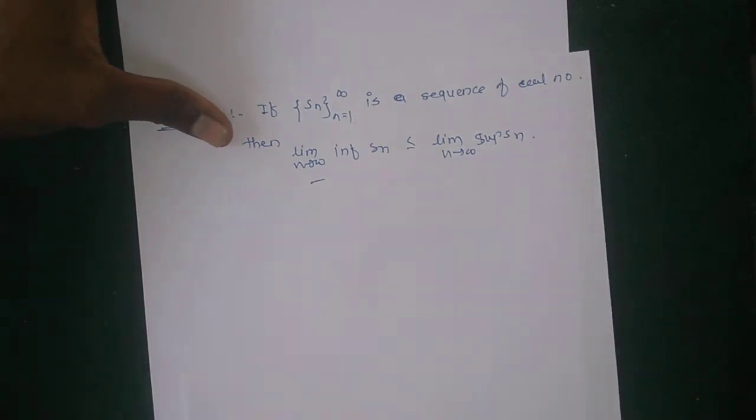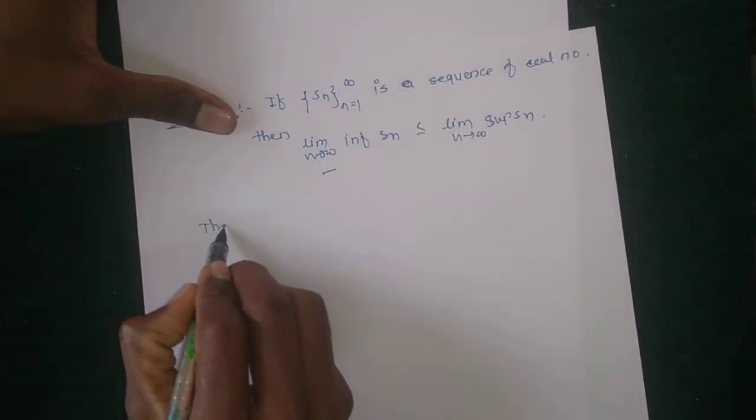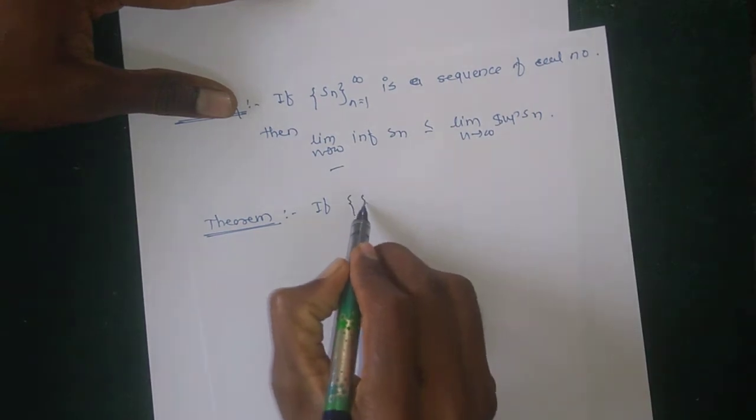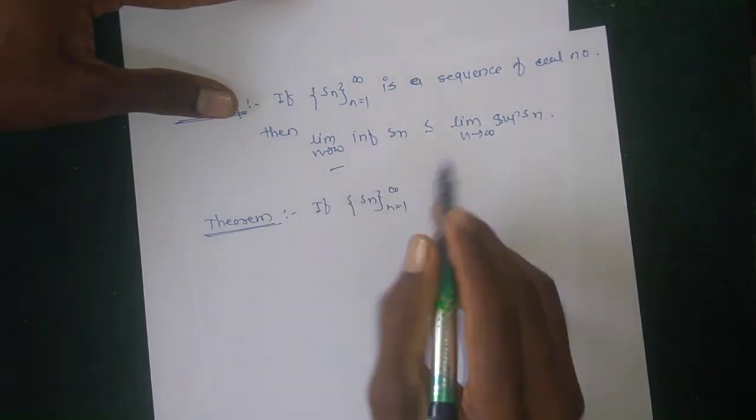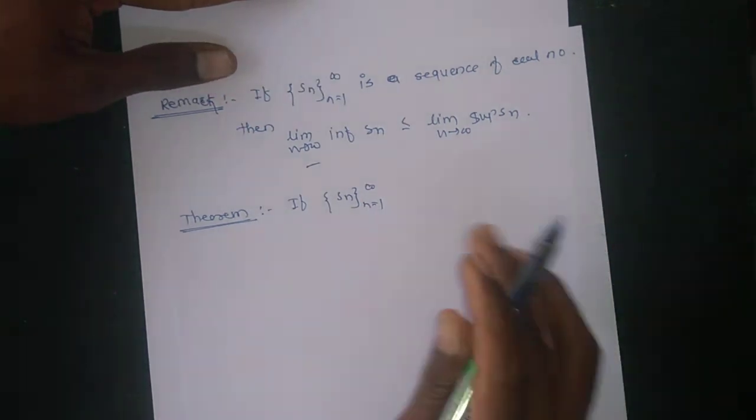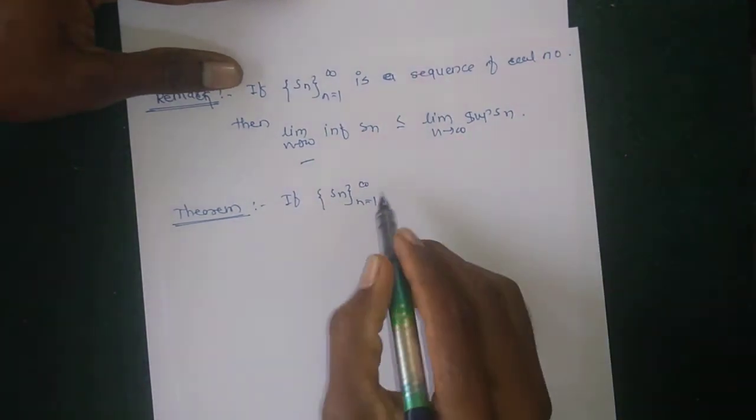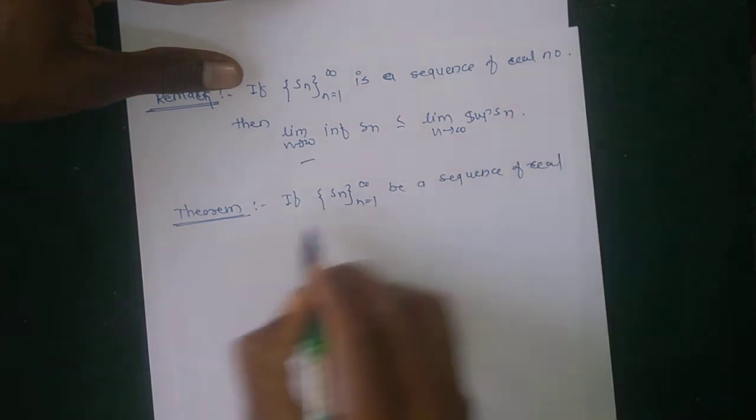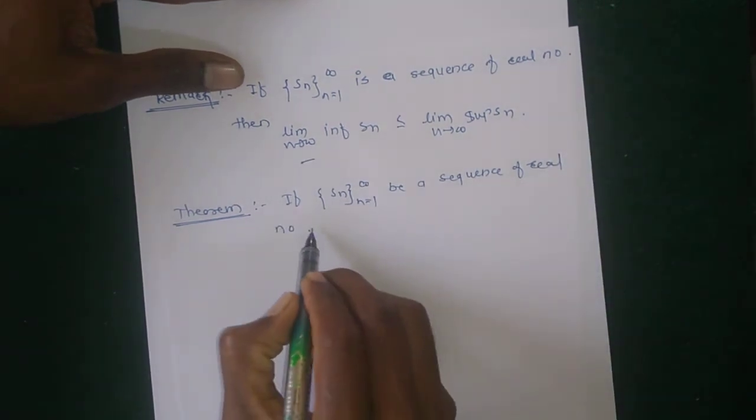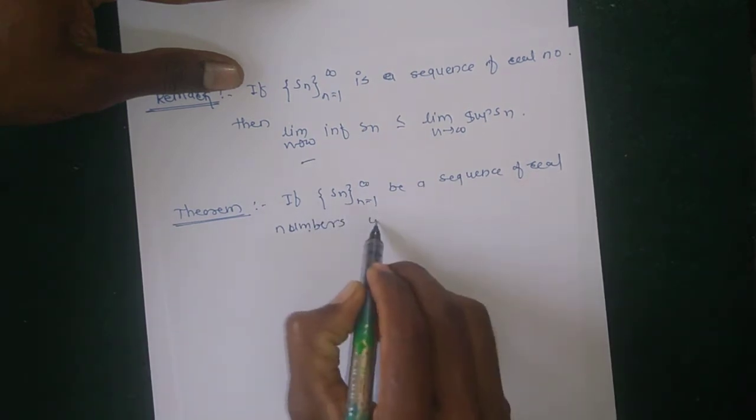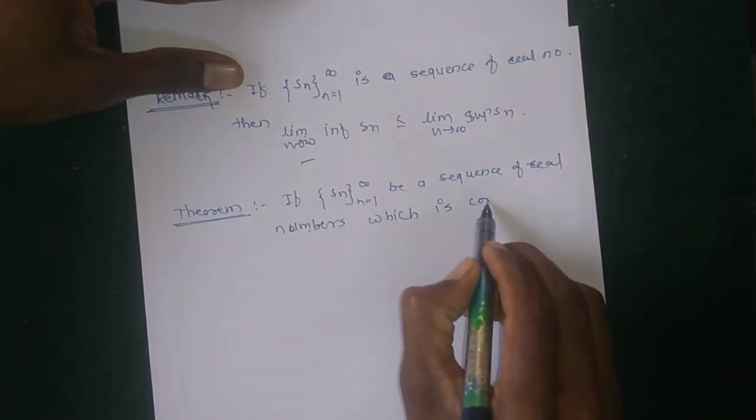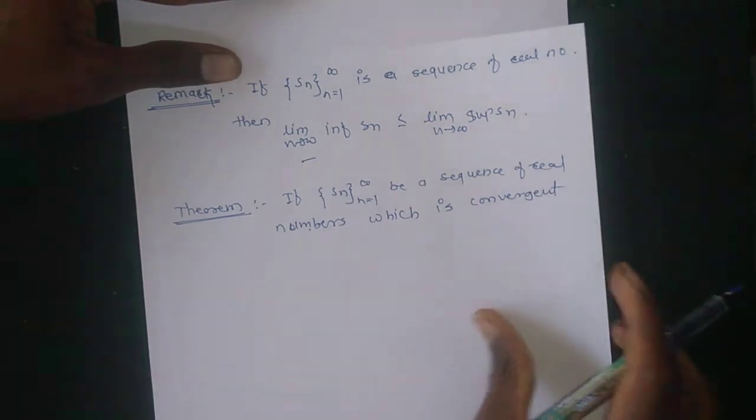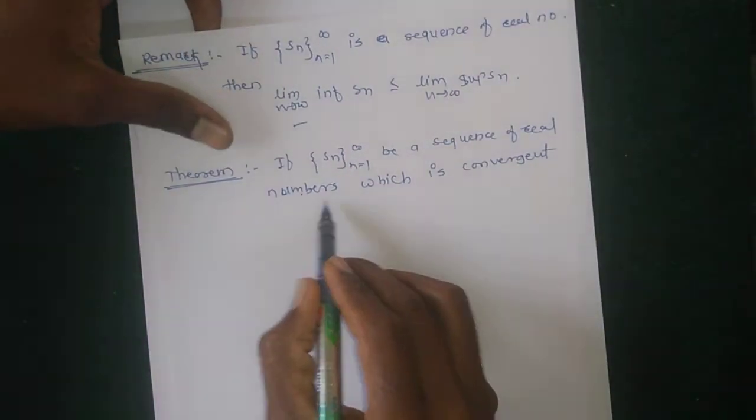Okay, so then the next theorem is: if the sequence Sn, where n runs from 1 to infinity, is a sequence of real numbers which is convergent, if Sn is a convergent sequence of real numbers,